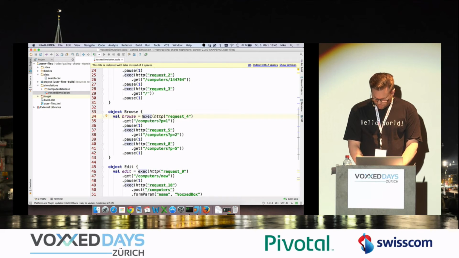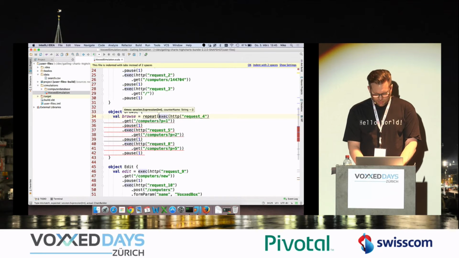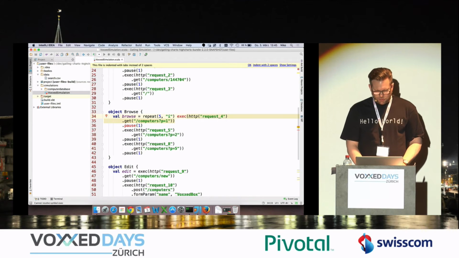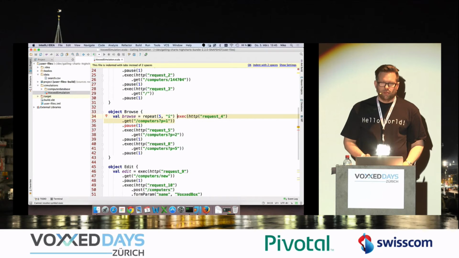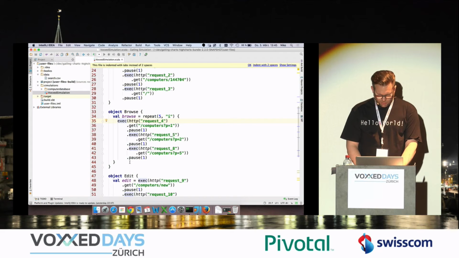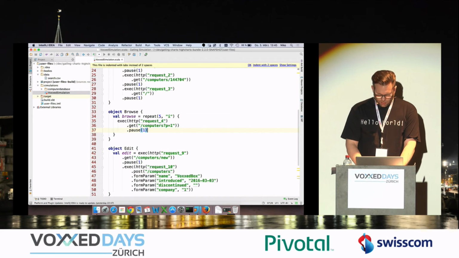I have the possibility to say repeat this task about 5 times and store the value of our repeat loop in a variable called i. I'll just delete this code and say just use the